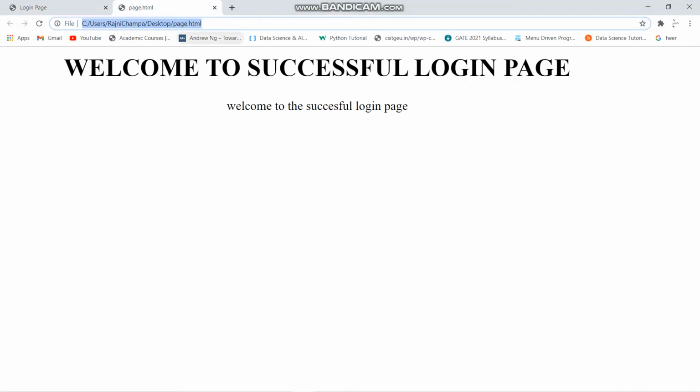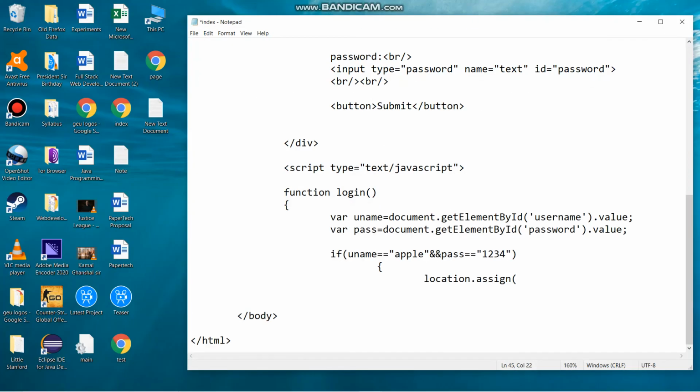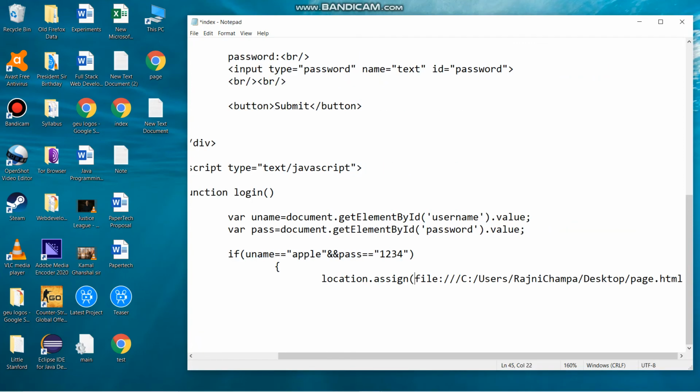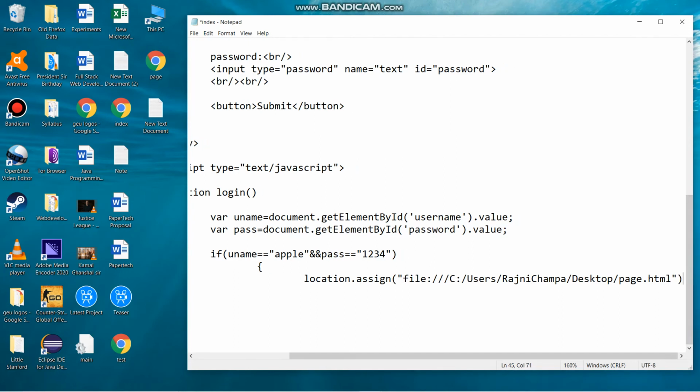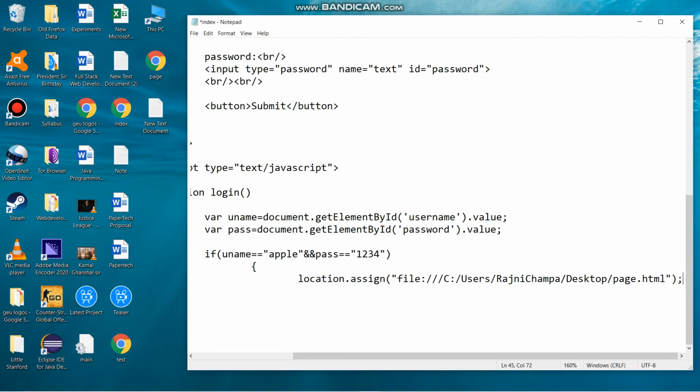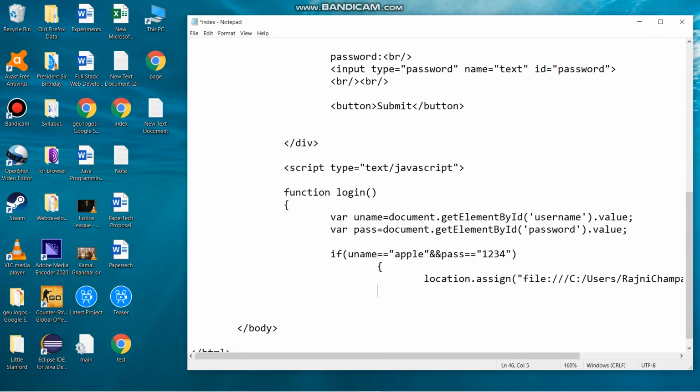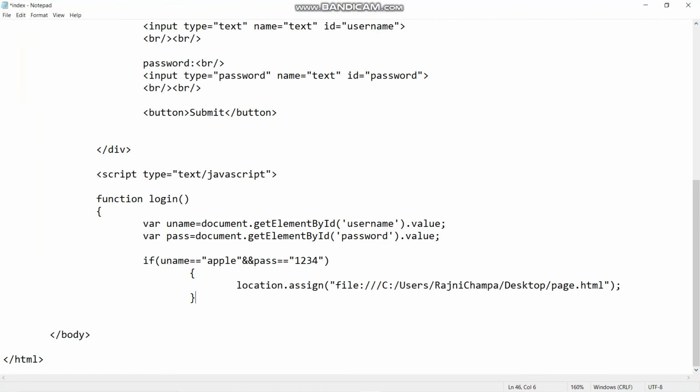We will go to this page, copy the path, and then put it here within the double inverted commas. Just paste it here, at the end double inverted commas, terminator. And then the curly braces closed.